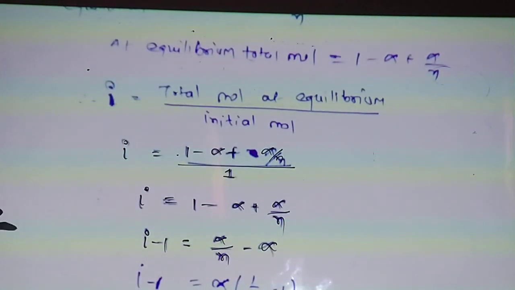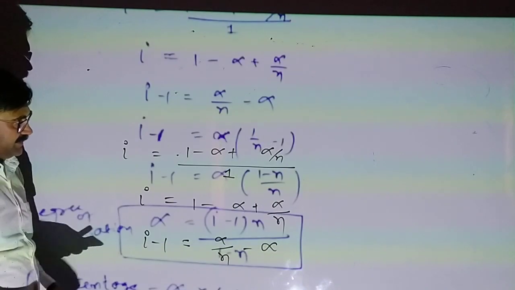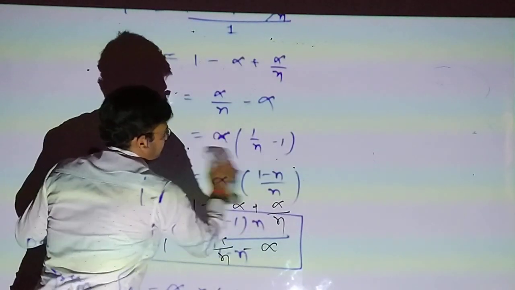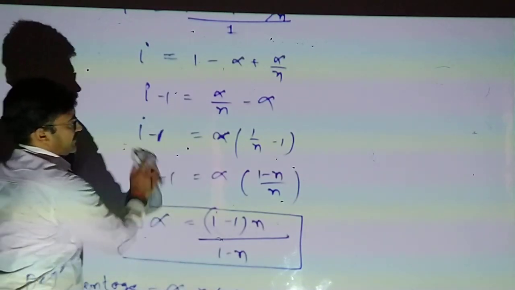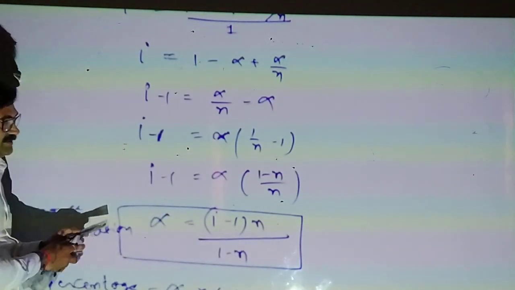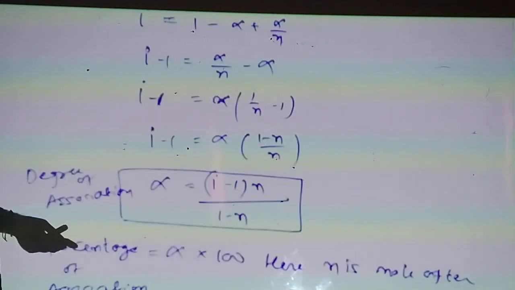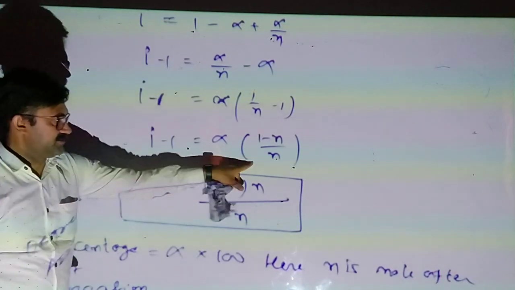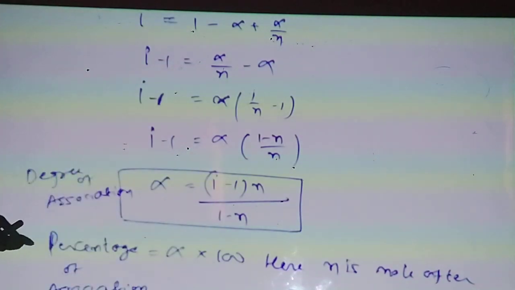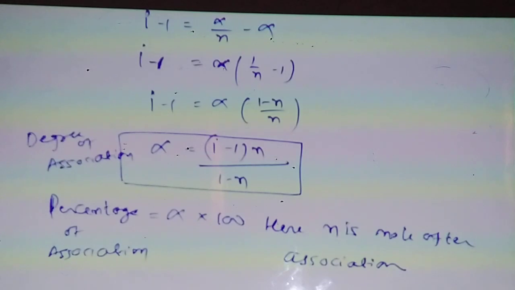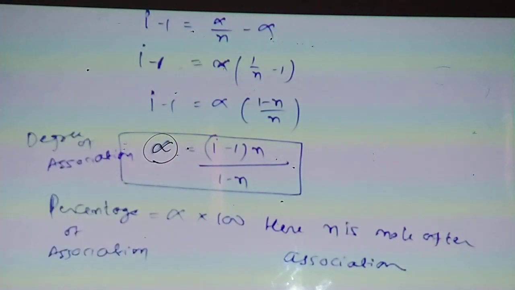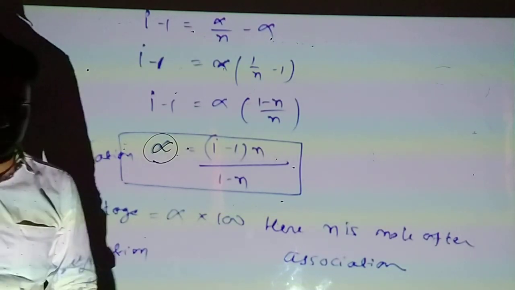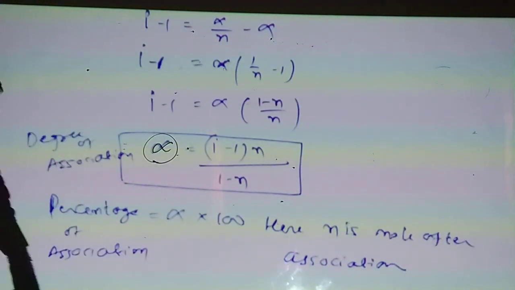So 1 minus I is equal to alpha, common 1 minus n, 1 upon n minus 1. So I minus 1 is equal to alpha into 1 minus n upon n. So alpha will be I minus 1 into n upon 1 minus n. Degree of association we can define by using